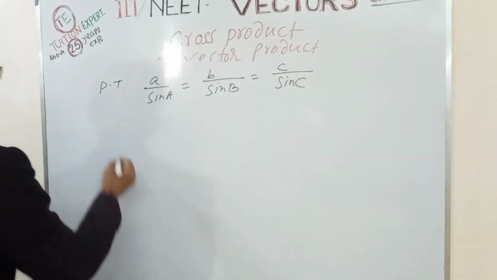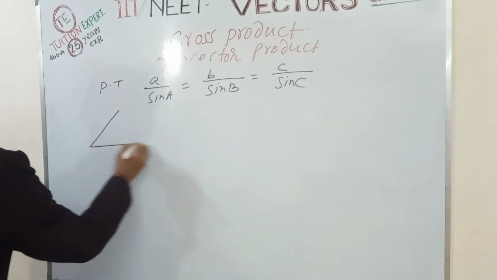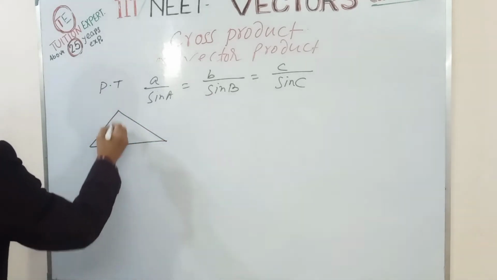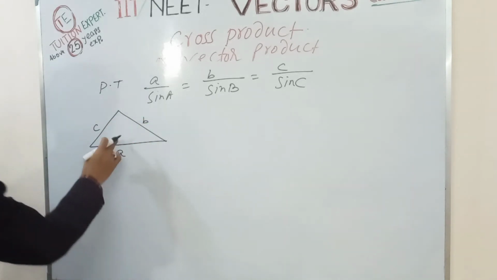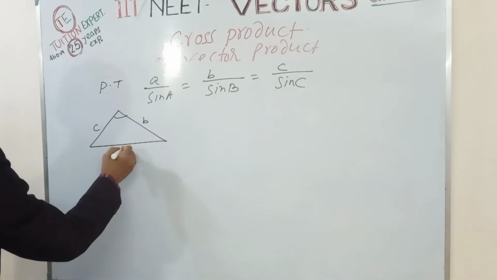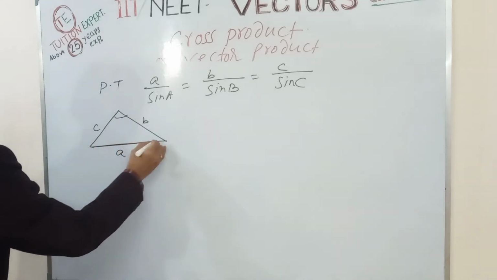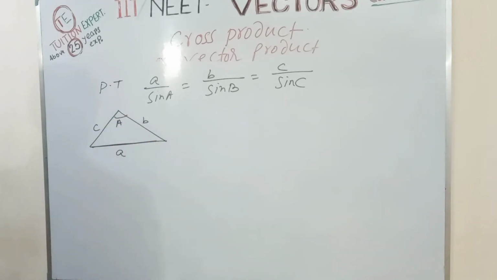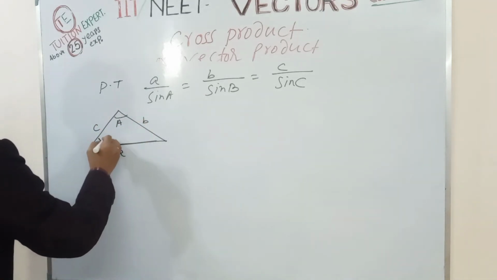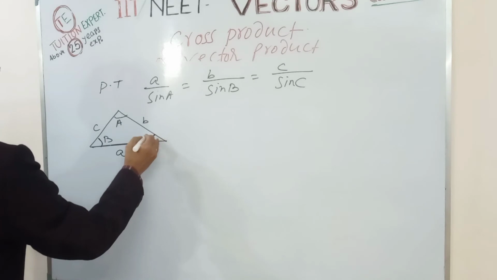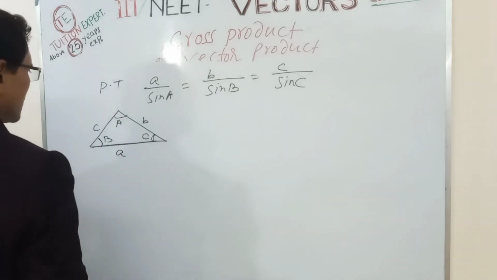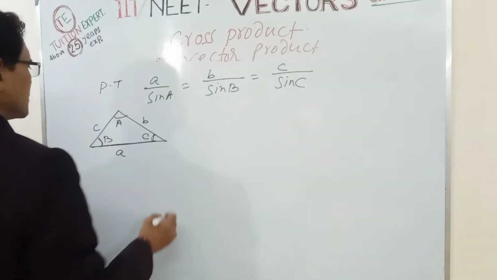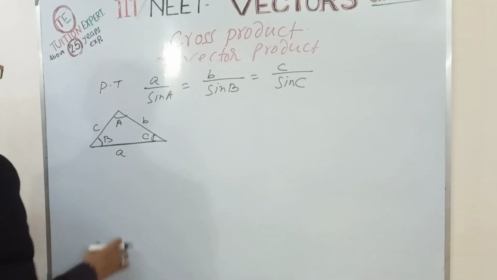Suppose this is a triangle with sides a, b, c. The angle opposite to side a is denoted by A, the angle opposite to side b is B, and the angle opposite to side c is C. This is a scalar form. Now in vector form,